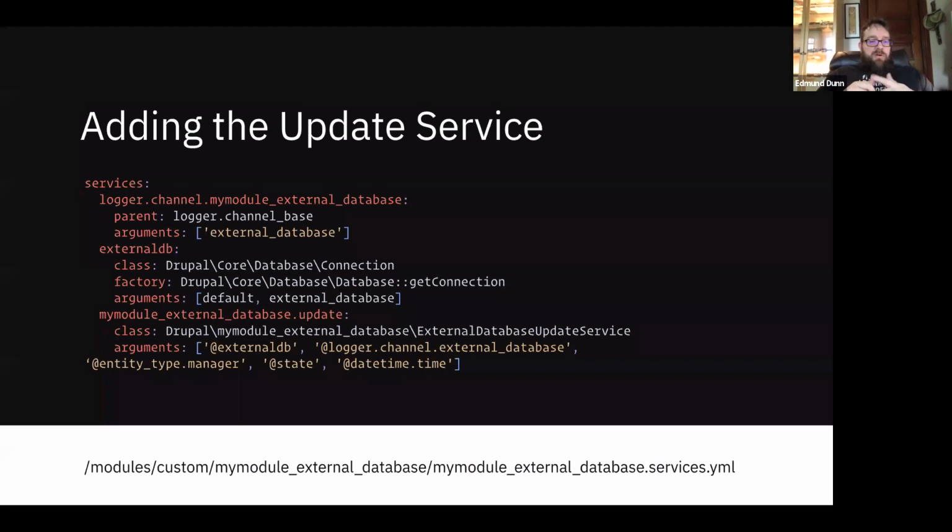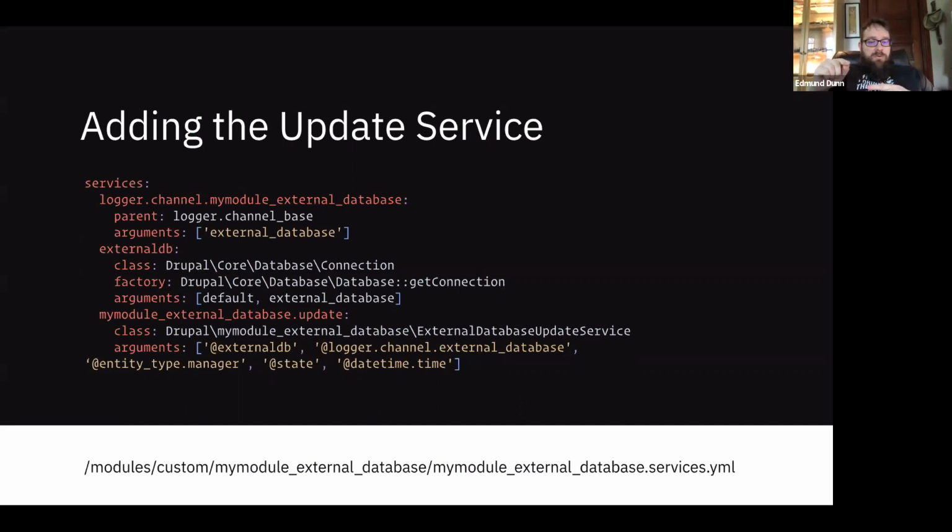In this case, we define 2 of those services, the logger and the external database, which are the first 2 we pass in. We're also passing in entity type manager, which allows us to access and update or create our nodes. State, which we use to check the last time the cron job was run, and then of course date time, which allows us to get the request time, which we use for comparison. You'll see that as we get further into it.